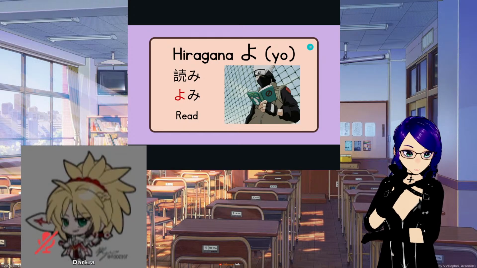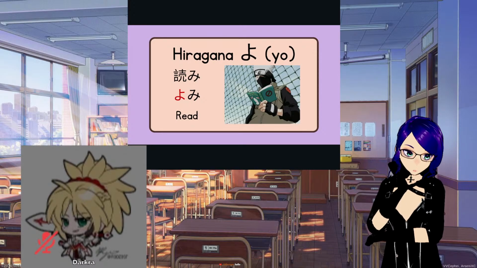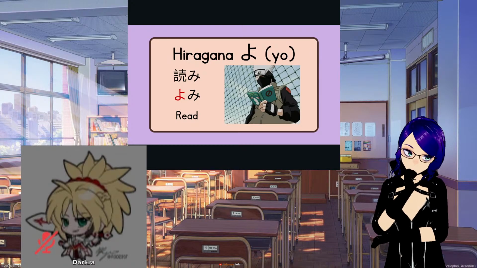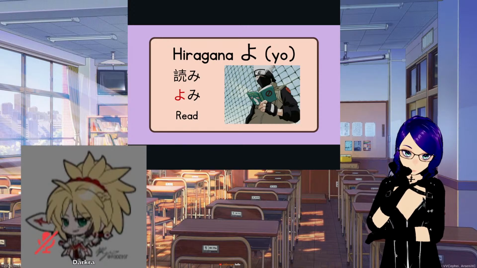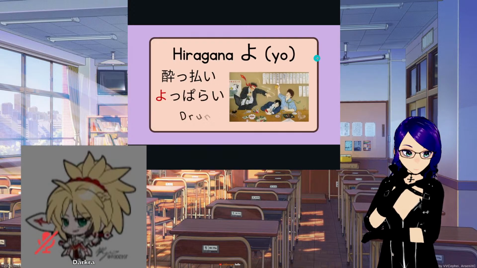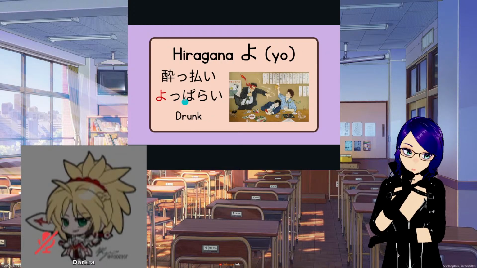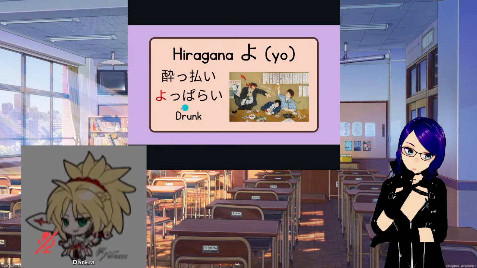Right, the next one over here is yo as in yomi or yomu. This means to read. Yomu is the dictionary form. Yomi is the verb form when you add something else behind it, like for example, mas. And this one over here, yo. Again, emphasis on this. This is a small yo, so we do not read this.